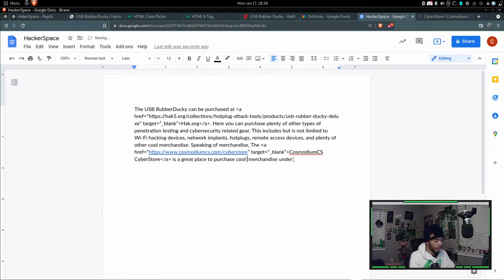Cool hacking related merchandise. They offer. Oh yeah, okay, we need to get rid of this again. The USB rubber ducky can be purchased here. Here you can purchase plenty of other types of penetration testing and cybersecurity related gear. This includes but is not limited to Wi-Fi hacking devices, network implants, hot plugs, remote access devices, and plenty of other cool merchandise. Speaking of merchandise, the Cosmodium Cyberstore is a great place,